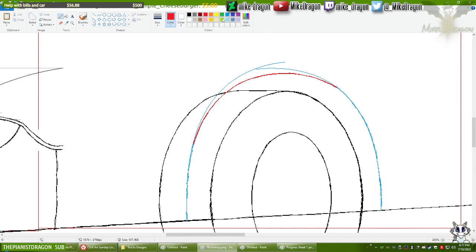There. Now let's remove this extra blue that we don't need and have everything be the same color. Remove the wheel that is showing here because that is not supposed to be there.